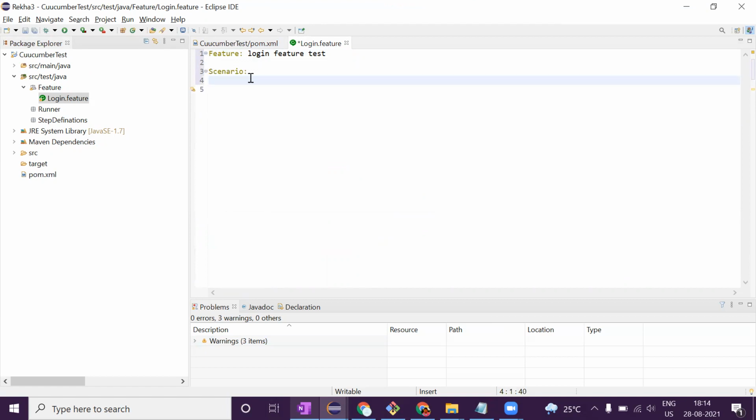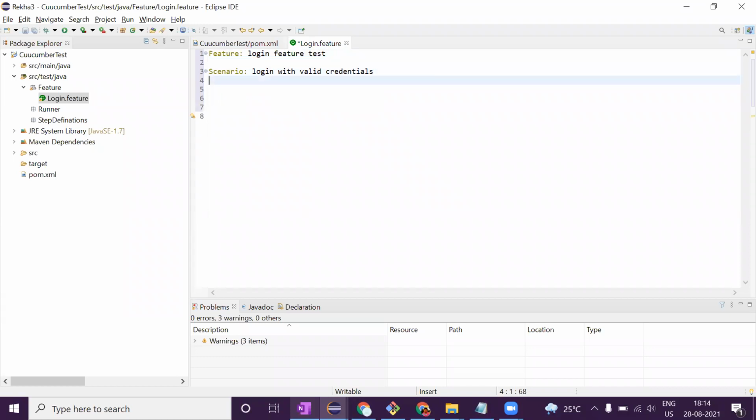Scenario: login with valid credentials. That is my scenario. Now for this feature, my main feature is login, right? Login feature test. I'm testing my login feature. For that, first I'm validating with valid credentials. Second scenario, I can check with invalid credentials, that's a later part.